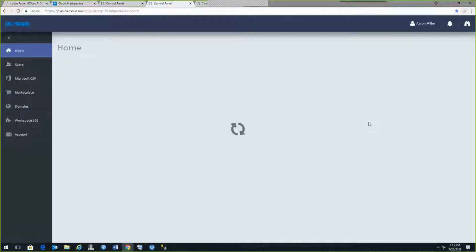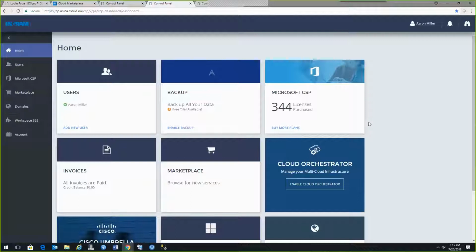So I'll wait for the home page to come up here. And we'll see that TransCore has one subscription. It's from Microsoft CSP, and they have 344 total licenses. I guess this would be a good point at which I can point out something that makes the IDSync system a little bit unique compared to maybe some of the other billing solutions that are available on the market today. One of the things that is unique about the IDSync system is that we can